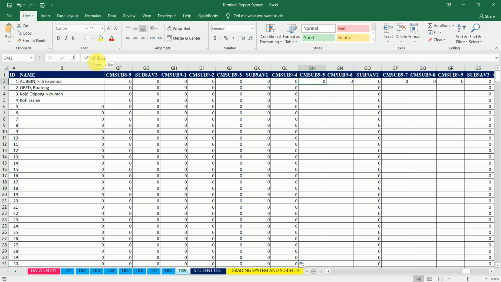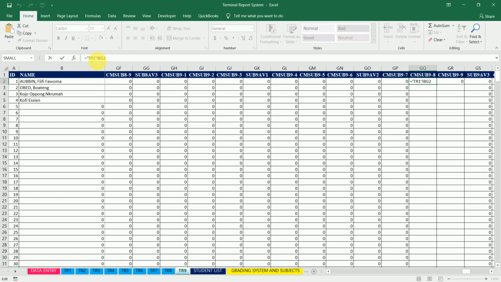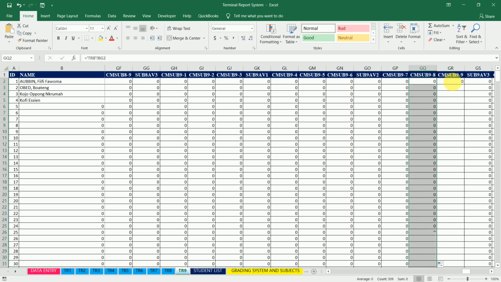Then I'll come to 5, hit enter, do my double click, and I look at 6, hit enter, do my double click, and I look at 7, hit enter, do my double click, I'm gonna look at 8, hit enter, do my double click, then the 9, as usual, remove whatever is there because you're referring to it